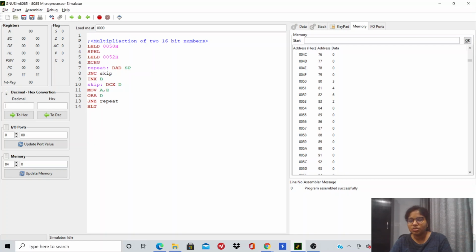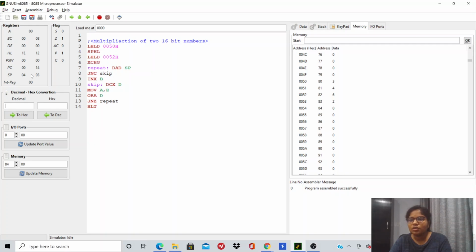In the center, you can see the same code that we just understood in the PPT. So we will be running this code, and notice that right now all the registers and flags have been reset to 0. To run the code, we'll need to go to the assembler and then press execute. So as we discussed,